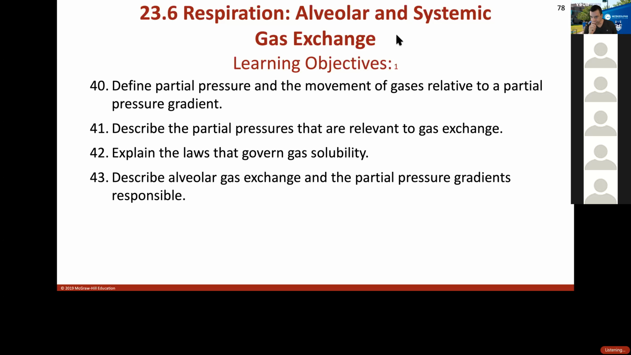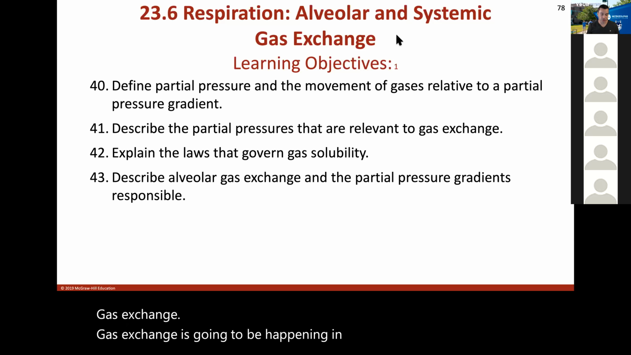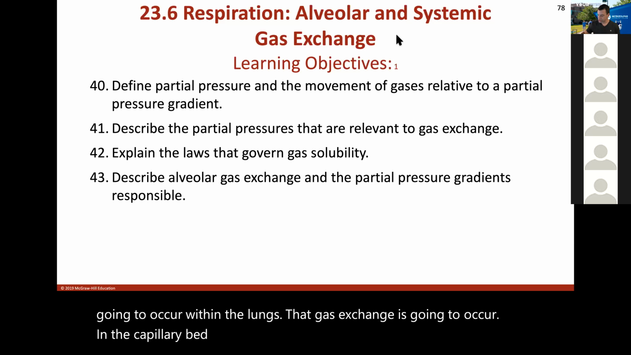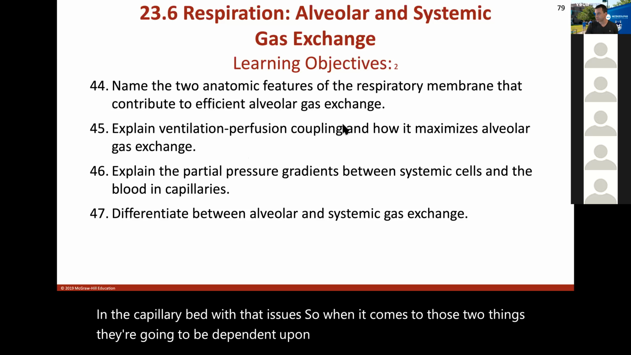Gas exchange. Gas exchange is going to be happening in two places. Gas exchange is going to occur within the lungs. And gas exchange is going to occur in the capillary bed with the tissues. So when it comes to those two things, they're going to be dependent upon really a partial pressure gradient